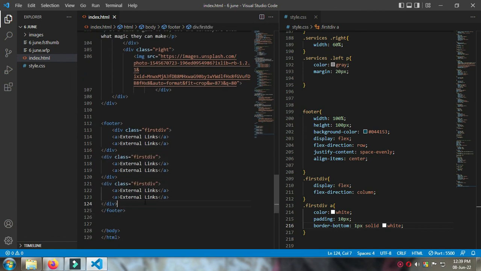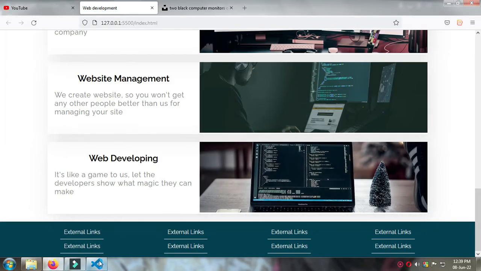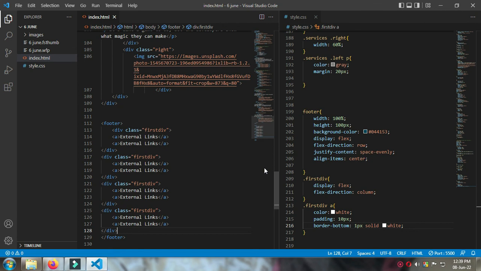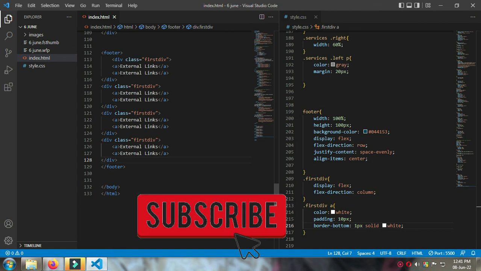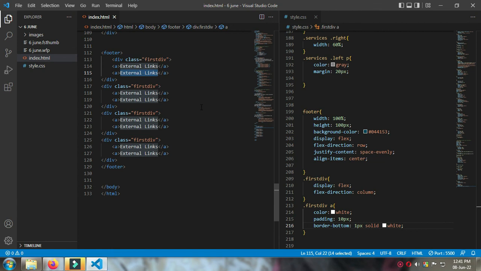So control D, copy and paste, and change these external links. The first one will be external links, and oh, what more, like you'll be using anything here, products, copyright claims, and there will be very short things inside these links, like policy, privacy policy, and there can be more, like portfolio. So here will be the portfolio of these developers, and